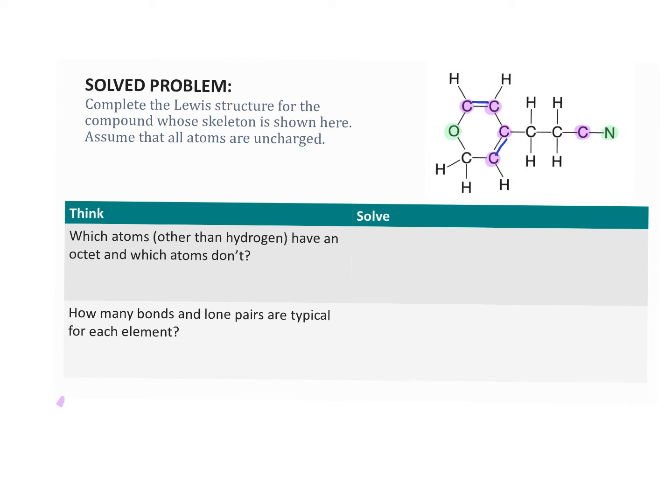When I look at this carbon by the nitrogen, what I'm going to notice is this carbon only has 2 bonds, and the carbon on the left is already happy. I can't make any more bonds to that carbon, but I can put 2 bonds here and make that happy. Now let's flop over to the nitrogen. That means nitrogen now has 3 bonds and just needs 2 lone pairs to fit the pattern on the previous page. And this oxygen,